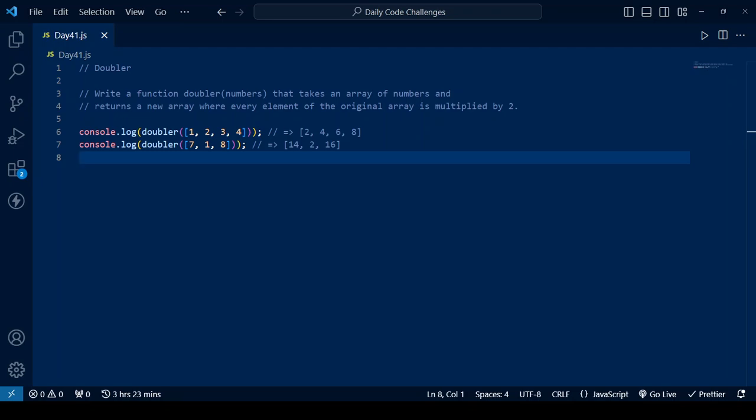Okay, so today let's see what we have. We have doubler, right? So this is our challenge for today. It's called doubler. And the instruction is: write a function doubler that takes an array of numbers and returns a new array where every element of the original array is multiplied by 2. Okay, so looking at this